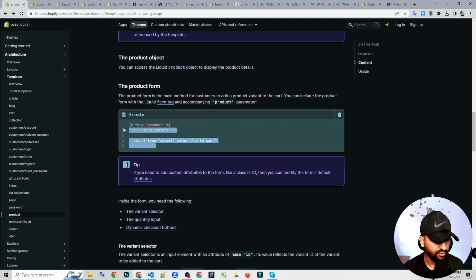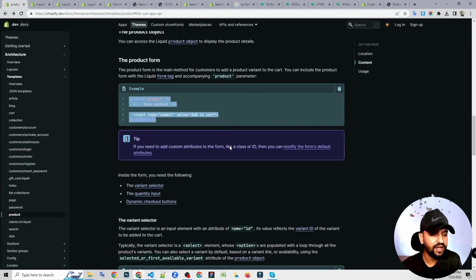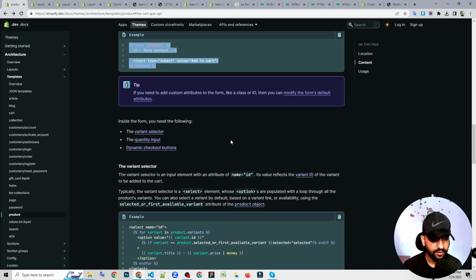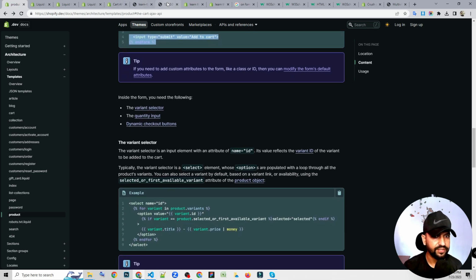We studied the form object over here. The form object contains all the data of the form of the product. It contains the specific ID of that particular product. For example,